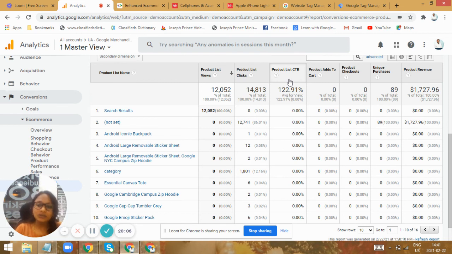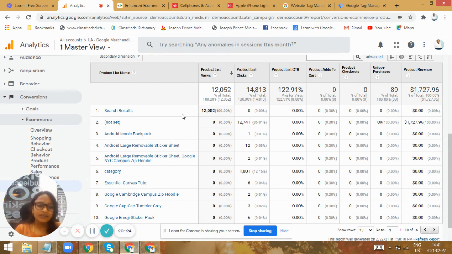Like this, you can get the report for the search results page and the promotions page and everything. Based upon these reports, clients can decide which products to promote, which products to concentrate upon, and which products to buy in bulk.